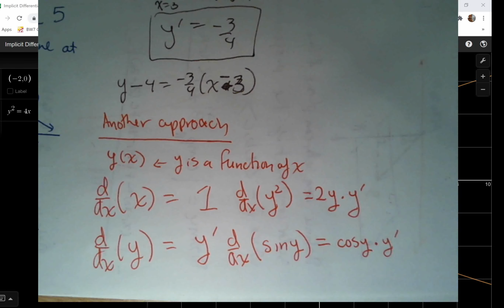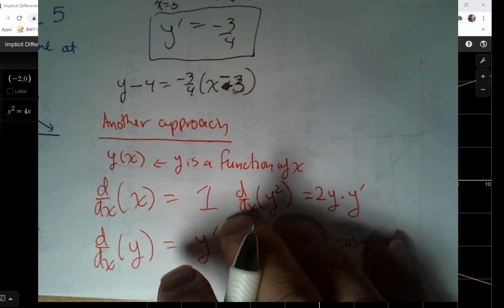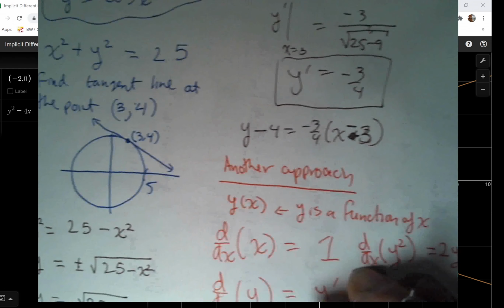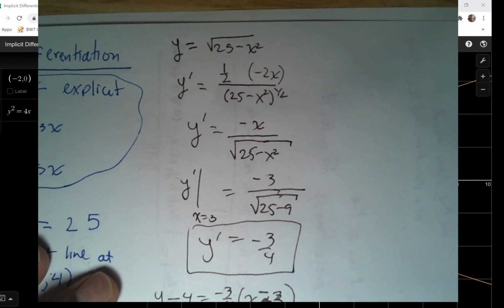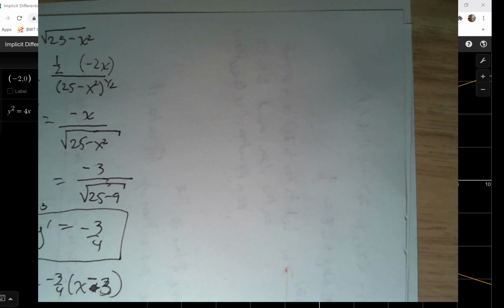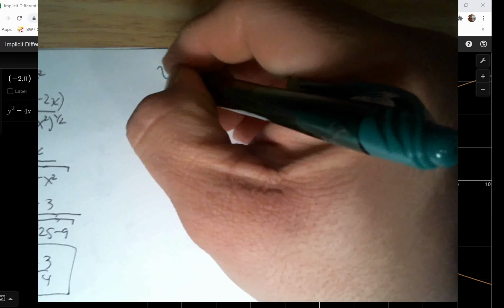Now we can approach the problem that we had before in a different manner. Notice that it wasn't too hard finding the slope of the tangent line here. There was some work involved, but nothing too crazy. But we can actually simplify this work by doing implicit differentiation. So let me show you how we can do that. All right, so if we start off with this,